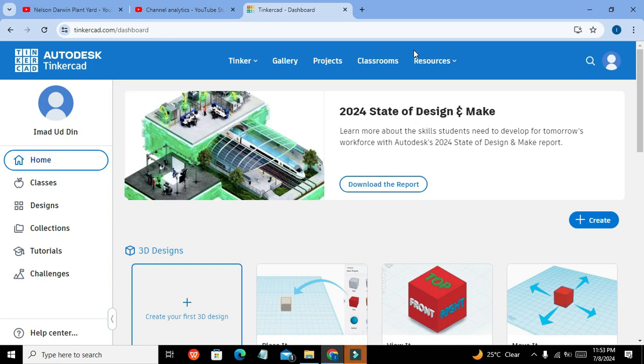So today in this video tutorial we will learn how to play a melody sound with the help of Arduino Uno. The simulator which we are using is Tinkercad. It is an online simulator. You just need to go to Google and write tinkercad.com and it will lead you to the Tinkercad online